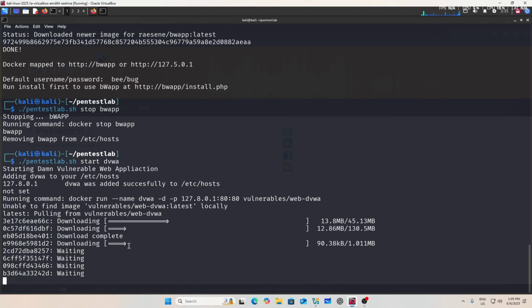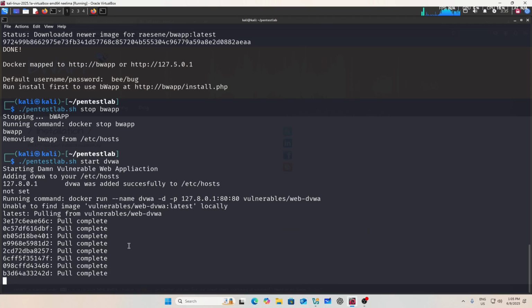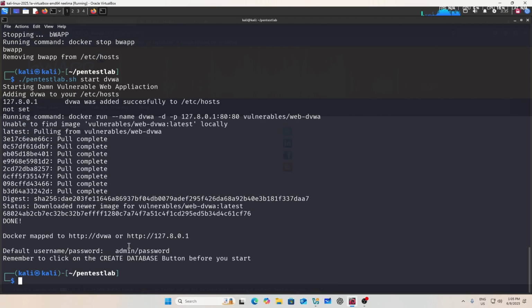Just wait. And done, installation done. By default, the username is admin, as you can notice here, and the password is password.